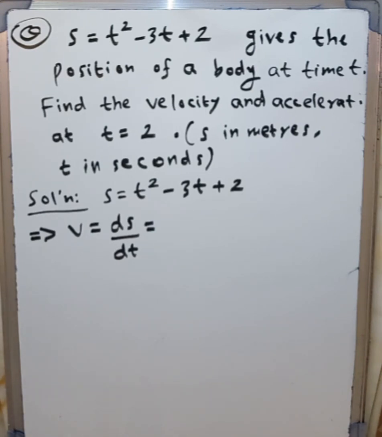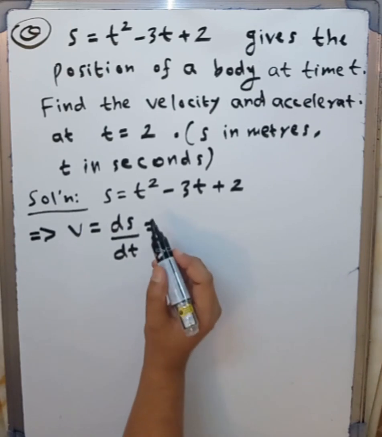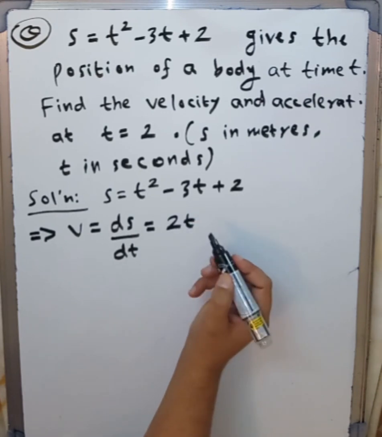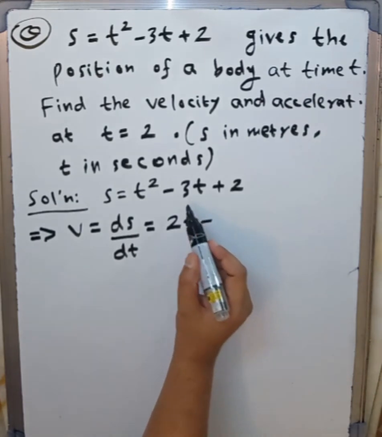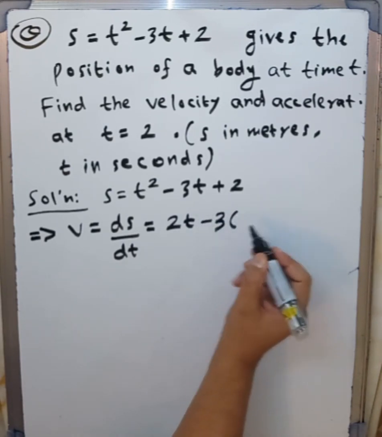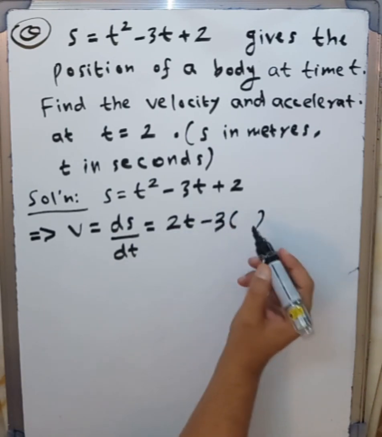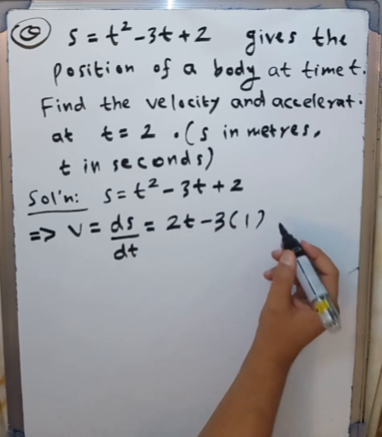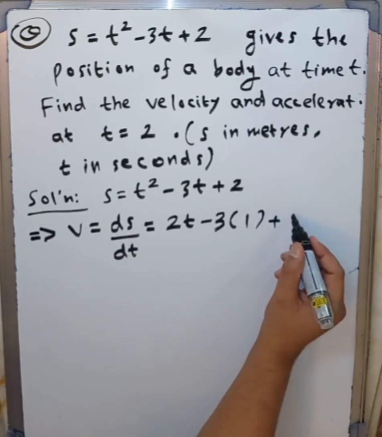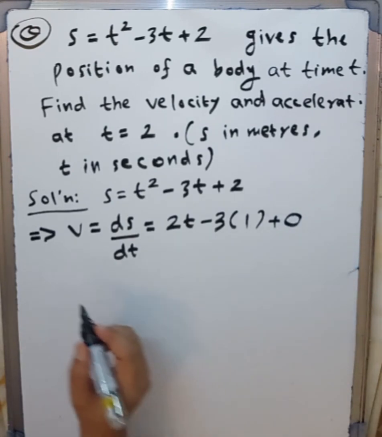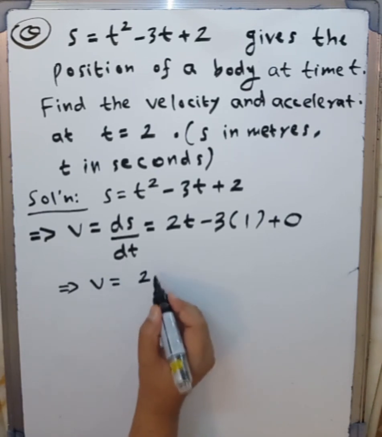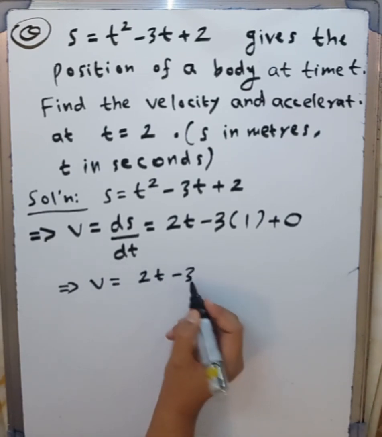So we will differentiate and we will get derivative of t square will be 2t, minus derivative of 3t, so 3 as it is, and derivative of t will be equal to 1, plus derivative of 2, derivative of a constant is 0. So this gives us that velocity v will be equal to 2t minus 3,